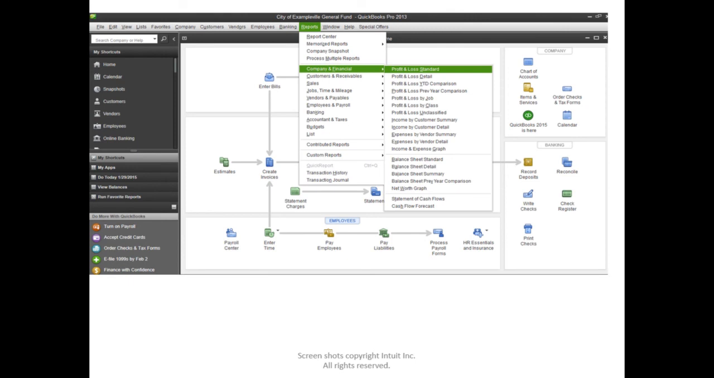Now that we've reconciled our bank statement, it's time for us to run some monthly reports for budgetary purposes. The profit and loss reports in QuickBooks are very helpful, and the budget to actual profit and loss are helpful, but only once you enter the budget for the city. You can access your reports by going from the top menu, choosing Reports, Company and Financial, Profit and Loss Standard,